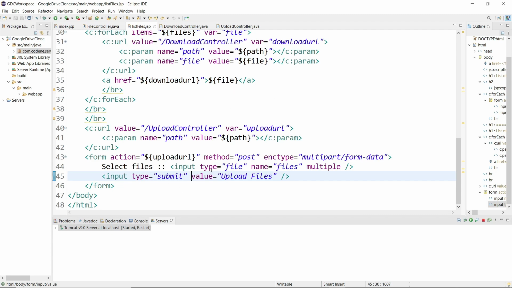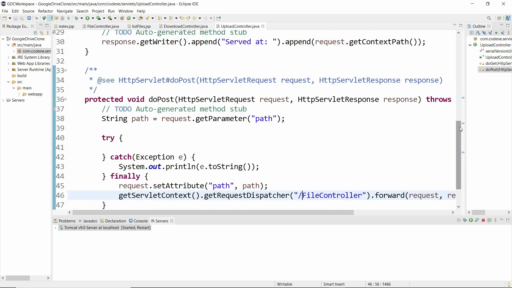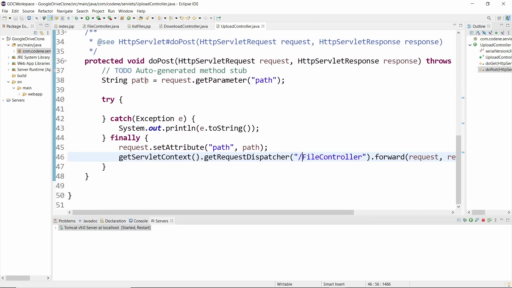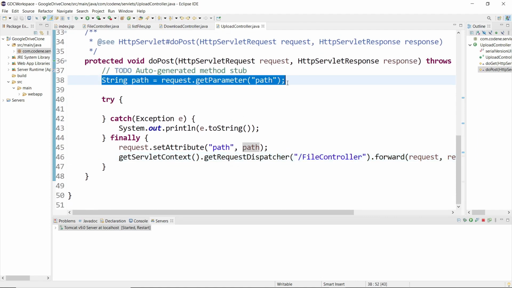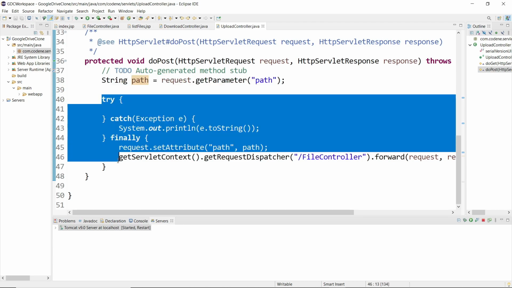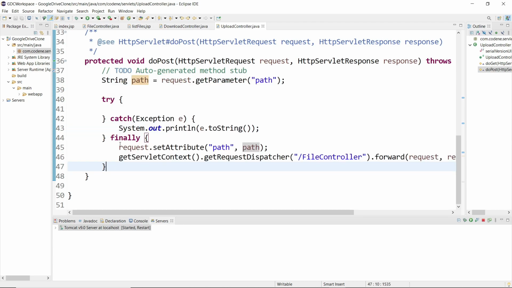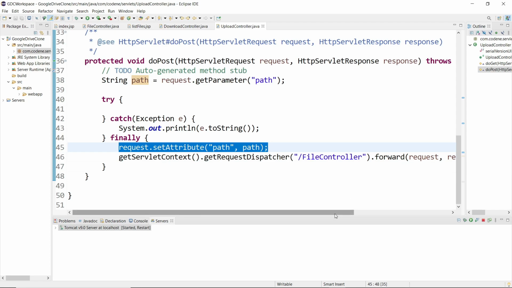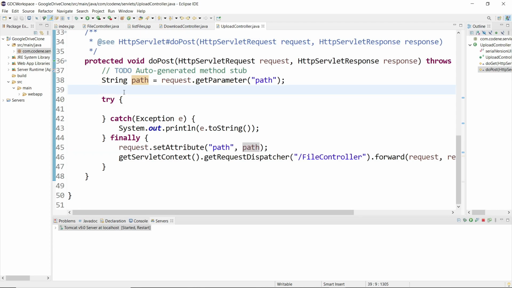Okay, so when someone clicks on submit, it will load the upload URL, it will send the path, as well as it will send all the files. Okay, coming to the upload controller servlet, here I'm taking the path. Okay, path variable, then I have a simple try and catch, and finally, and in the finally I am just taking the path again and then forwarding to the file controller. Okay, the very first servlet that we created, file controller.